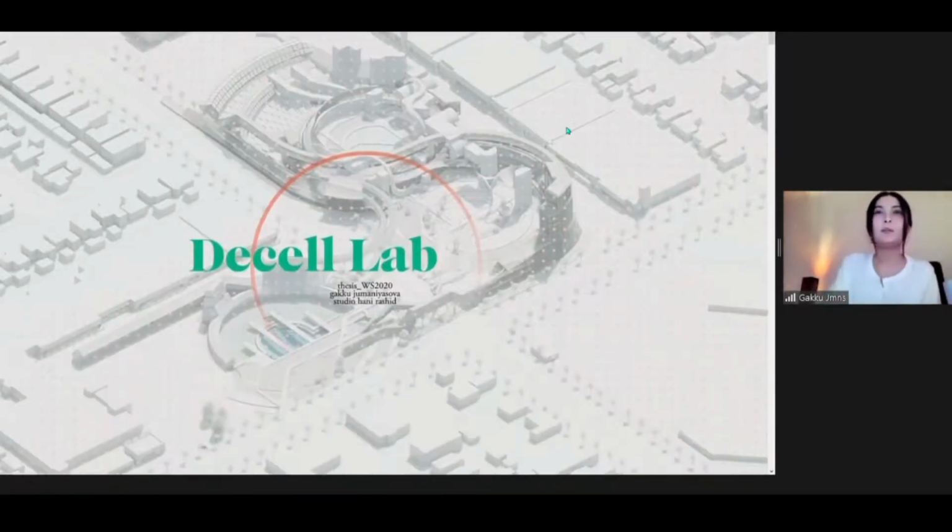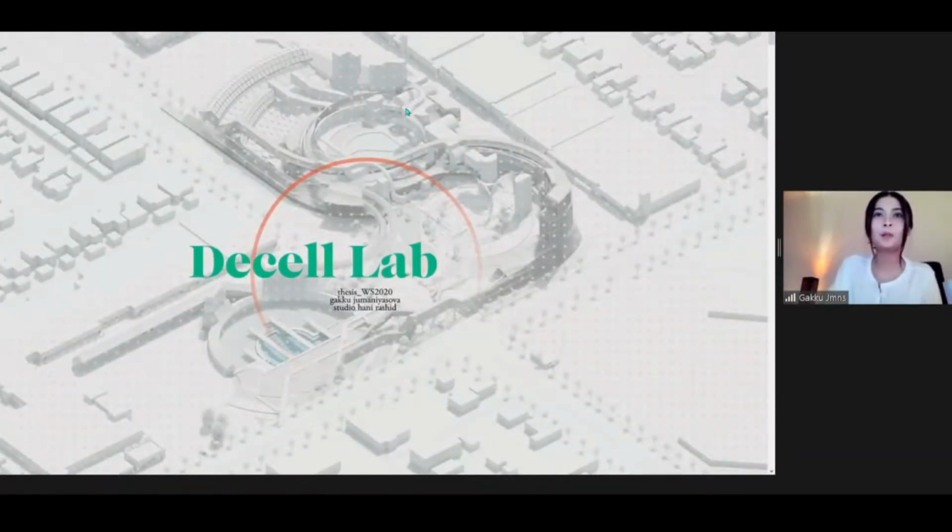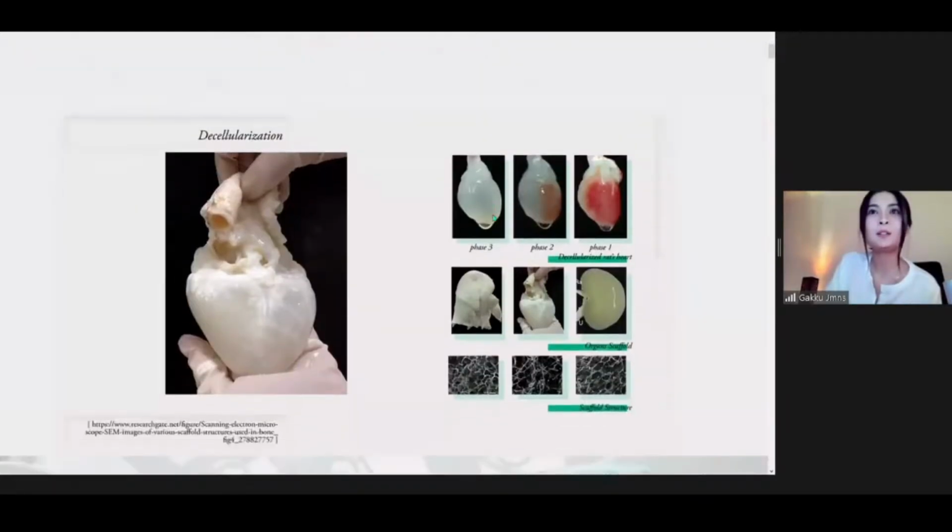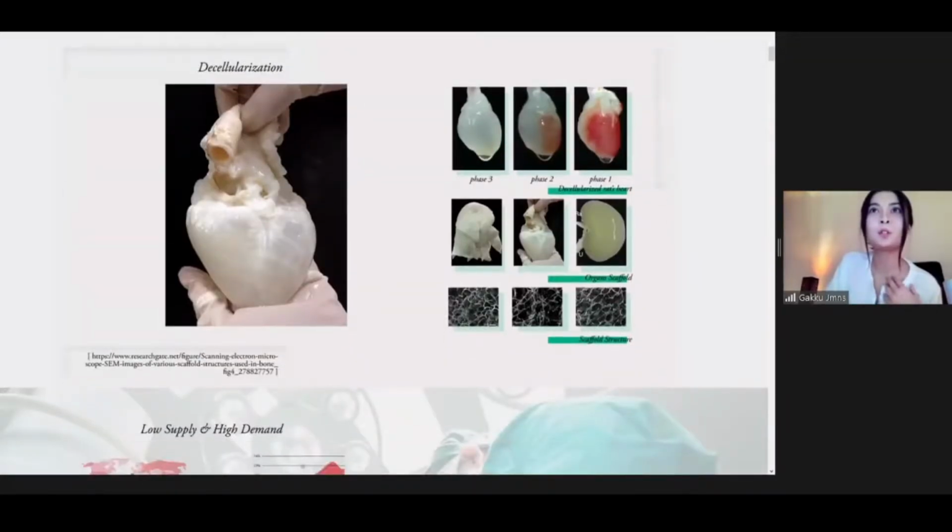My project is about treatment and fabrication of artificial organs, proposing the alternative use of the particle accelerator. Decell Lab is made from the word decellularization. Decellularization is a process which provides us with a scaffold, a structural foundation material for the organs and tissues inside us.